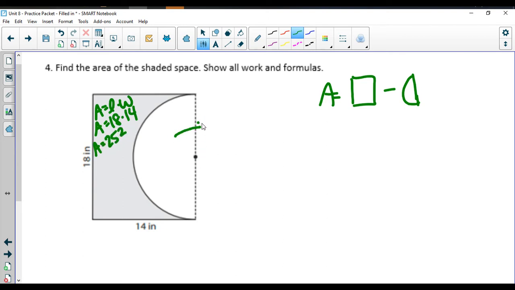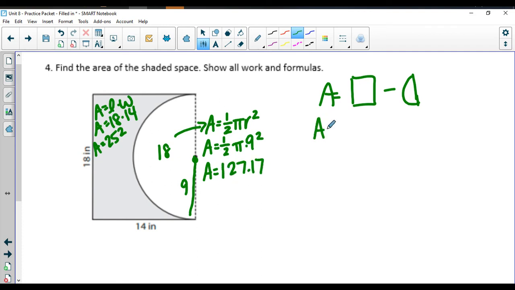For the semicircle, because it's only half of a circle, I'm just going to put a 1/2 out in front of the pi r squared. My radius is actually, the whole entire side here is 18, which tells me my radius then is just 9. So I have 1/2 times pi times 9 squared. And again, because I'm actually going to want an answer here, I'm going to go to a decimal version. So 1/2 times 3.14 times 9 squared is going to give me